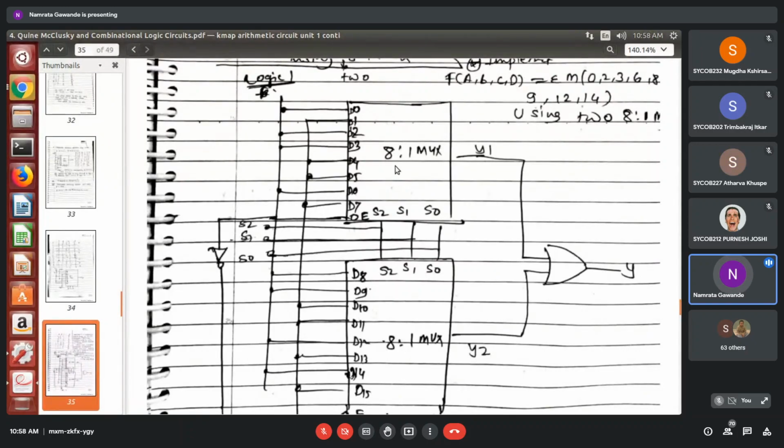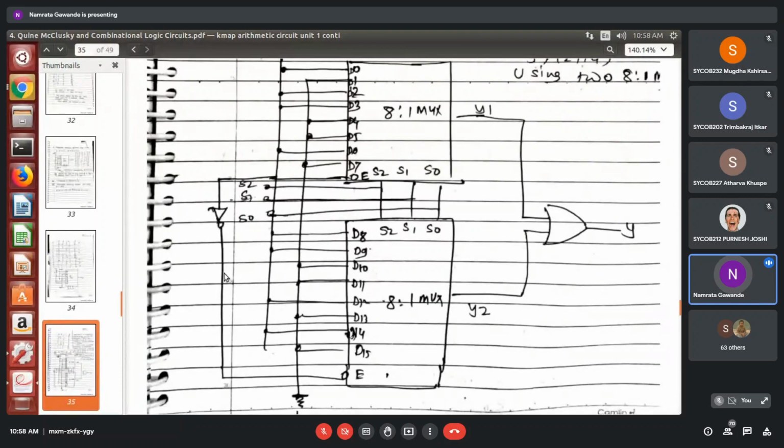And if this will be disabled, then this will be enabled. Because anyhow, we are going to pass only one input through the select line, so either from this mux or from this particular mux. Now in this case, here you can see how this E is connected. Here you can see E, and for that one inverter is taken, a NOT gate. And that inverter is again connected to the enable of another multiplexer.